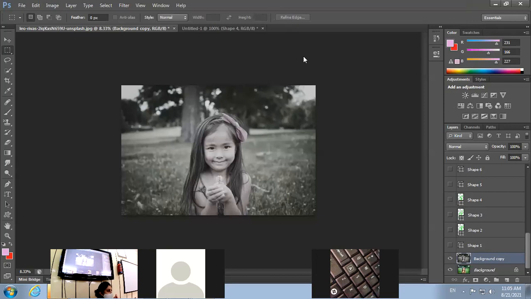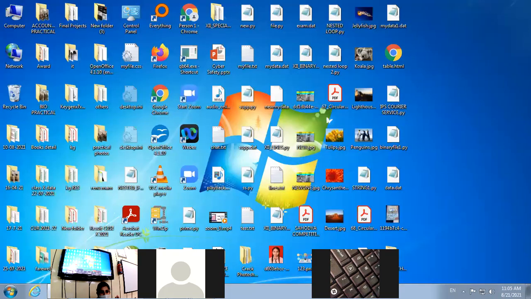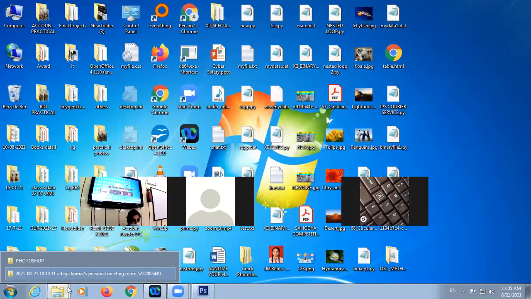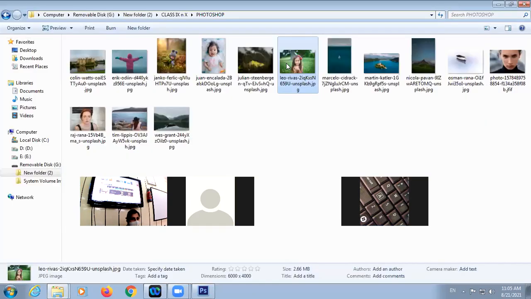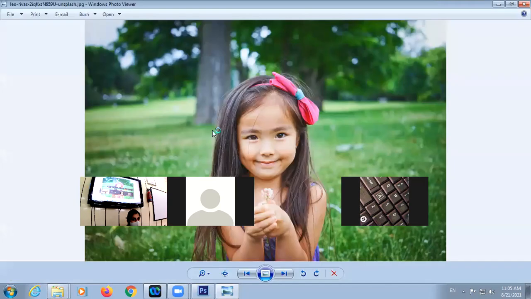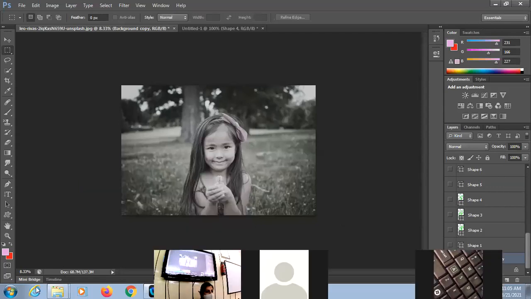Shapes tool, then the adjustments of the image. You can see the original image. Our original image was colorful. This was the original image, right? And we have turned it into black and white. All right. So this way you can give the effects to the image.